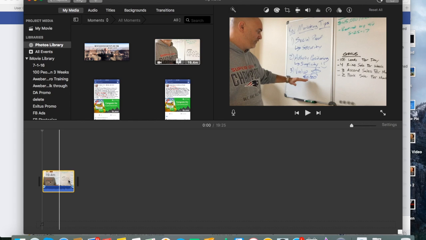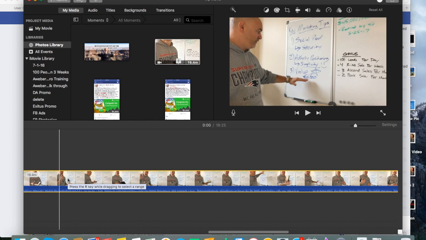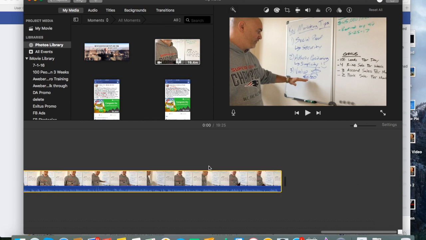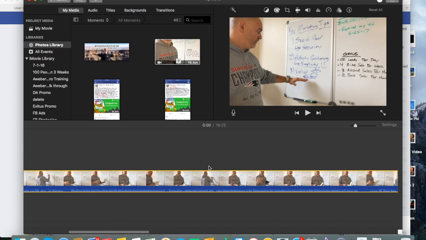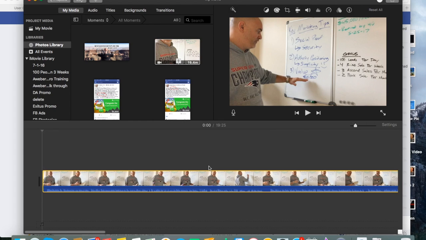I'm literally just using the touchpad on the MacBook. So just using 2 fingers, I'm literally just going to hold them and then spread them apart. And that'll open that whole thing up. And now you can see it's obviously a lot longer, but it gives me some opportunity to work here a